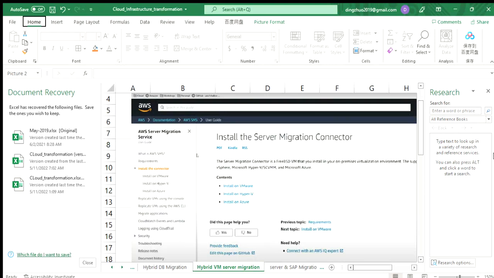AWS, Azure, GCP, they provide different tools to help the client migrate their virtual machine server or virtual instance within their agnostic cloud towards their cloud. Now here's an example of the AWS Server Migration Service. Now